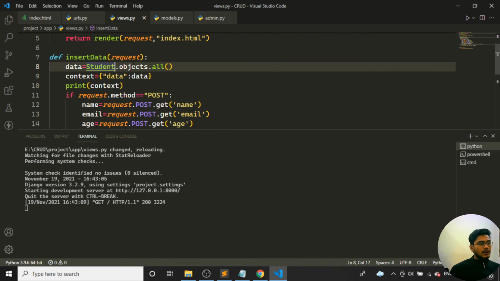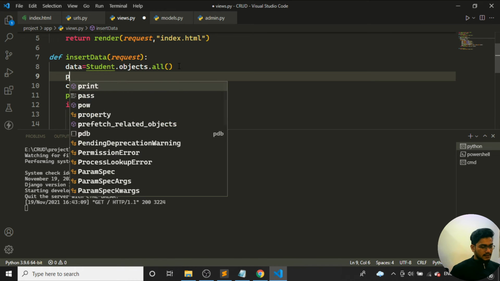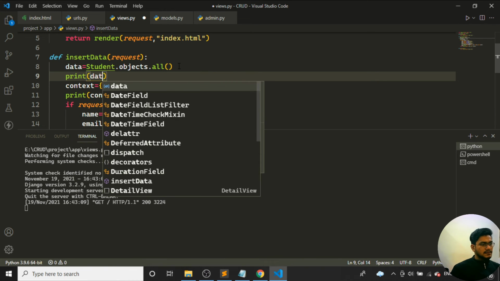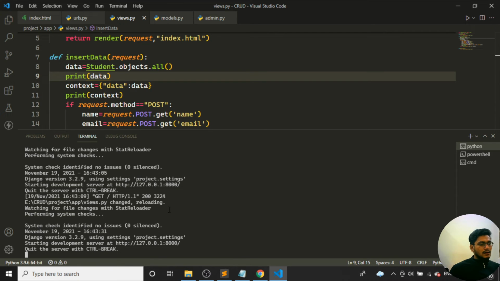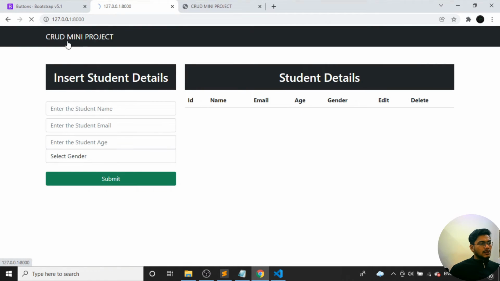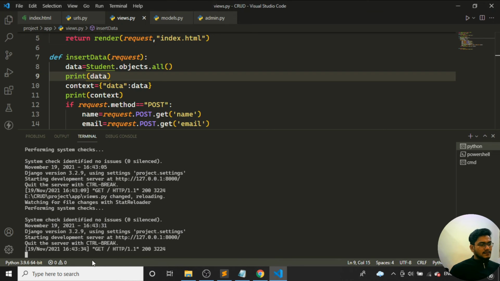So why it is not going to here, let me see. I'll print the particular data, to check whether the data is coming from the database. If I save it like this, print the particular data, after this I'll run the particular operation. It is run. So if I see, you can see the data is not coming from the database. This particular query is not getting run. So we'll see what the issue is.